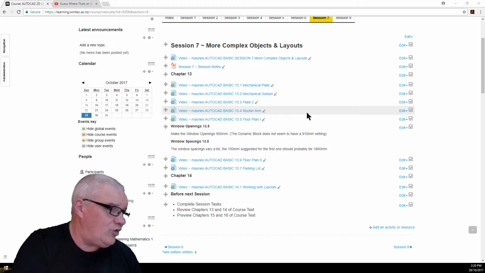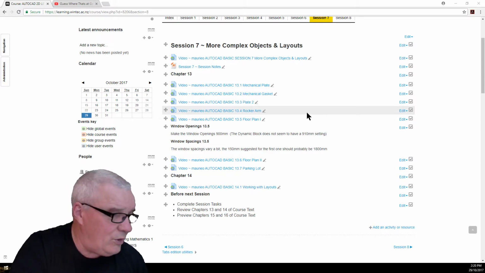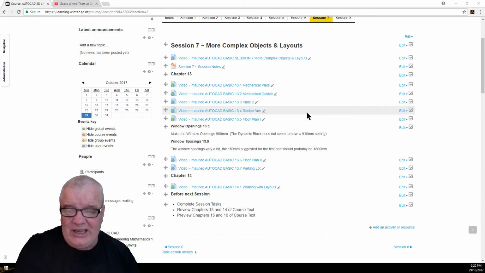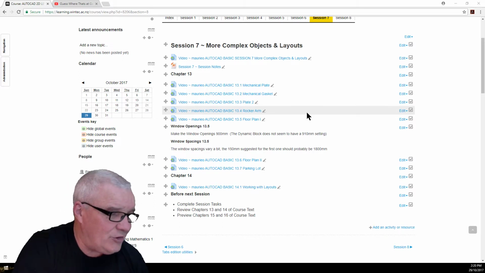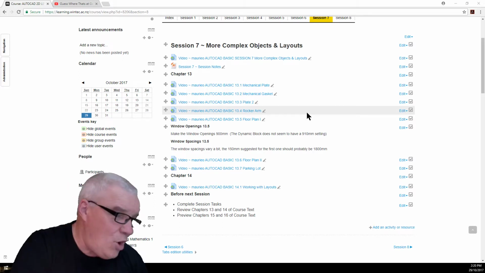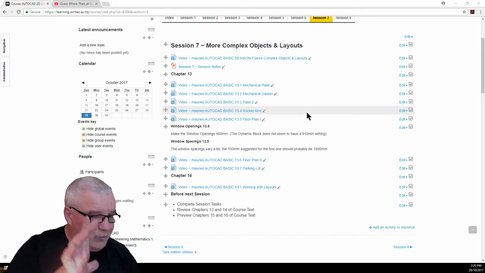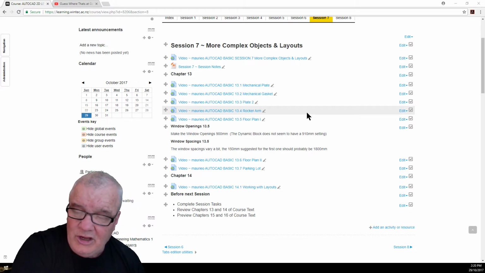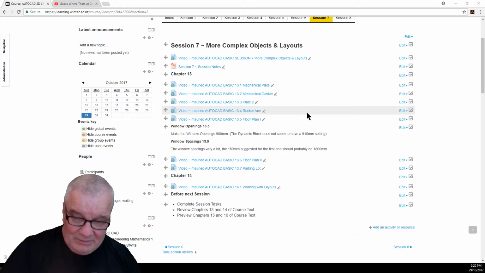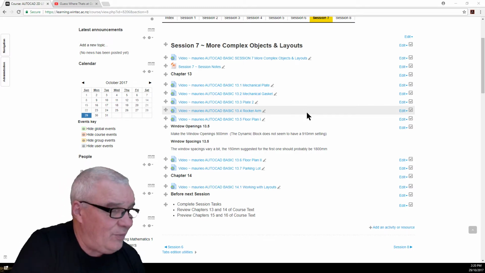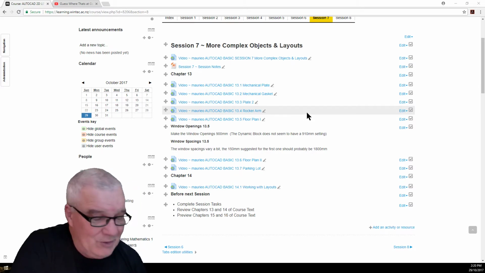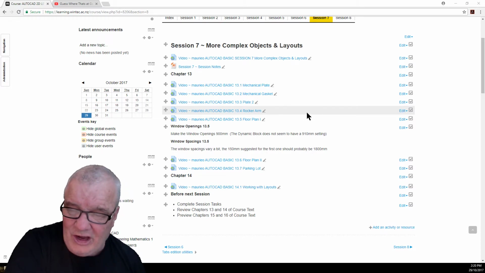And then in chapter 14, we do some basic work with layouts, working with layouts, which is where we put our plans together from the information that we've got in model space. So in model space, everything is the real world size, whereas in paper space, or the layouts, we tend to scale things so that we can fit them and project them onto flat pieces of paper, and the limitations that are thus involved. But we've been doing this for quite some years as a civilization,